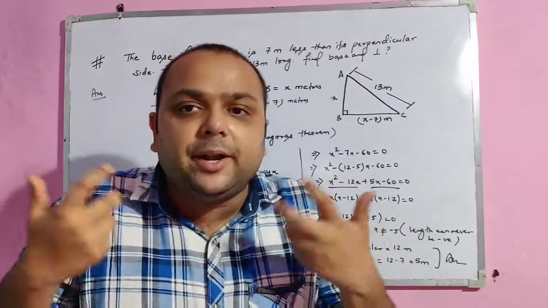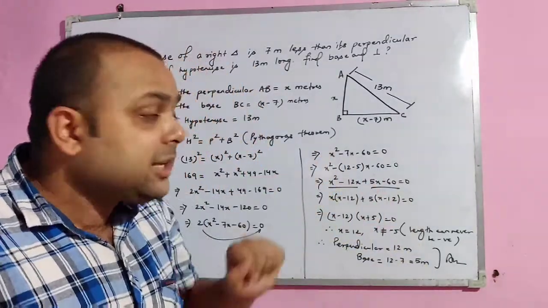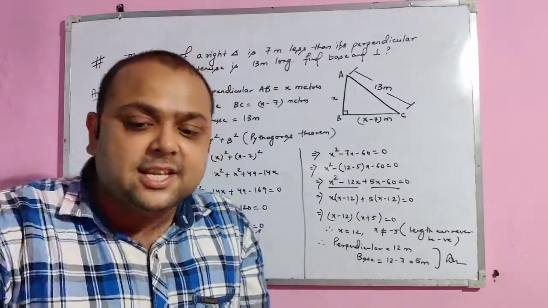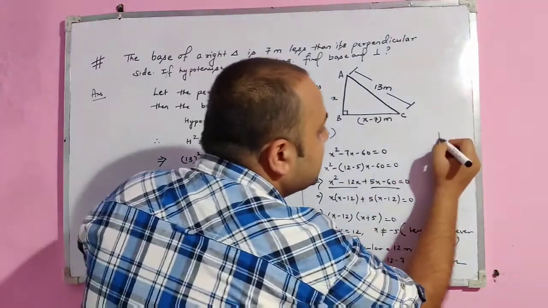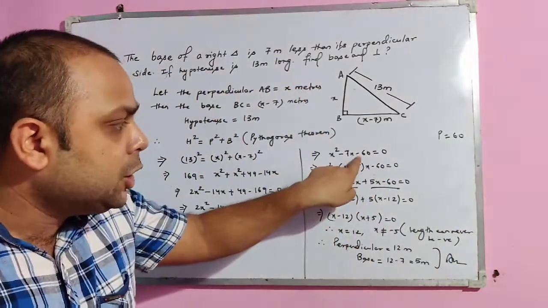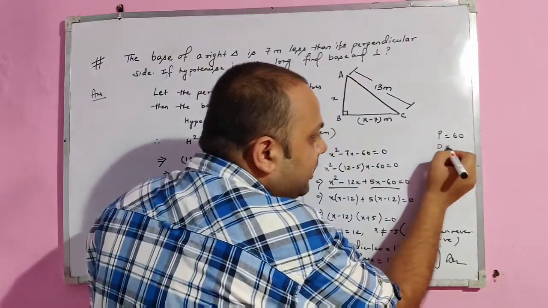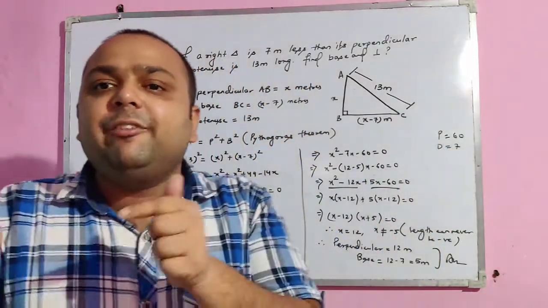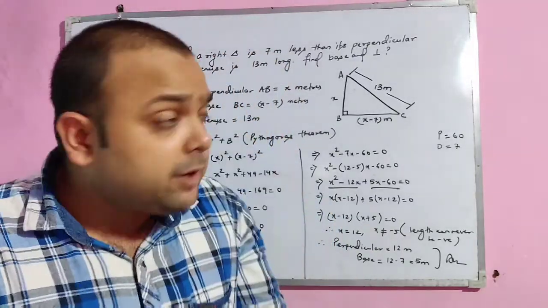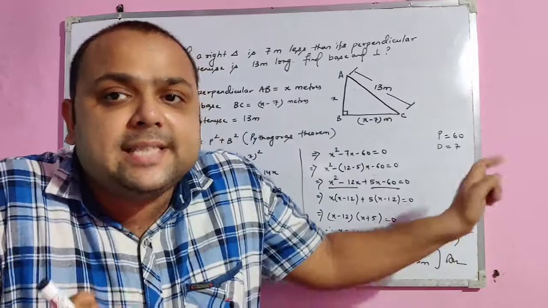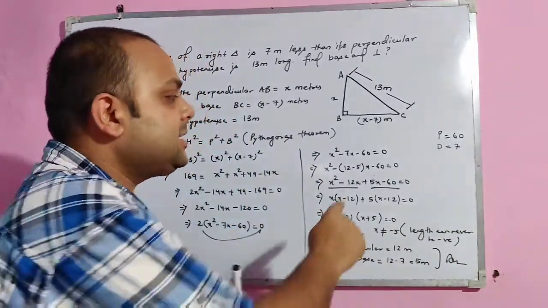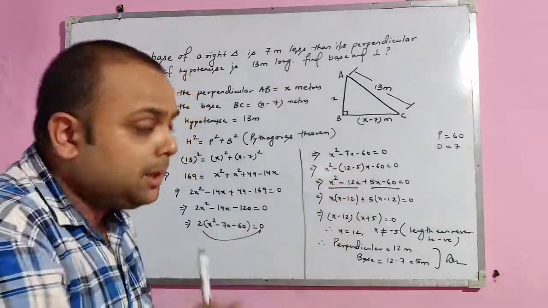Now splitting the middle term, here a is 1 and c is 60. So the product we need to get is 60, and this sign indicates that we have to subtract, so the difference is 7. So the numbers are 12 and 5. We have to think about two numbers whose product is 60 and whose difference is 7. So the two numbers are 12 and 5, that is 12 minus 5 is 7.